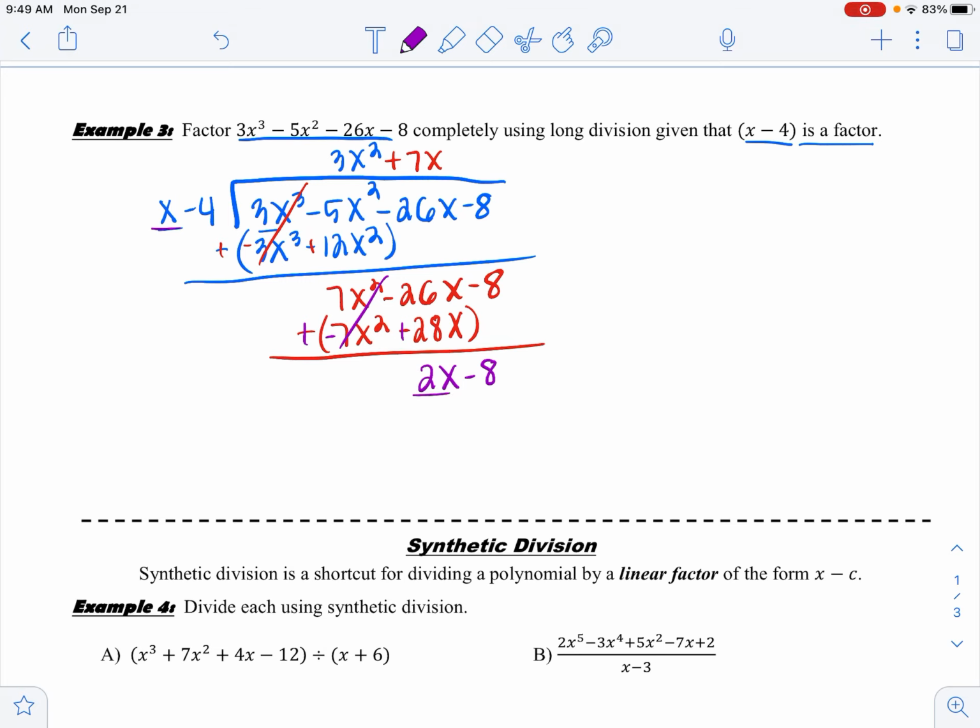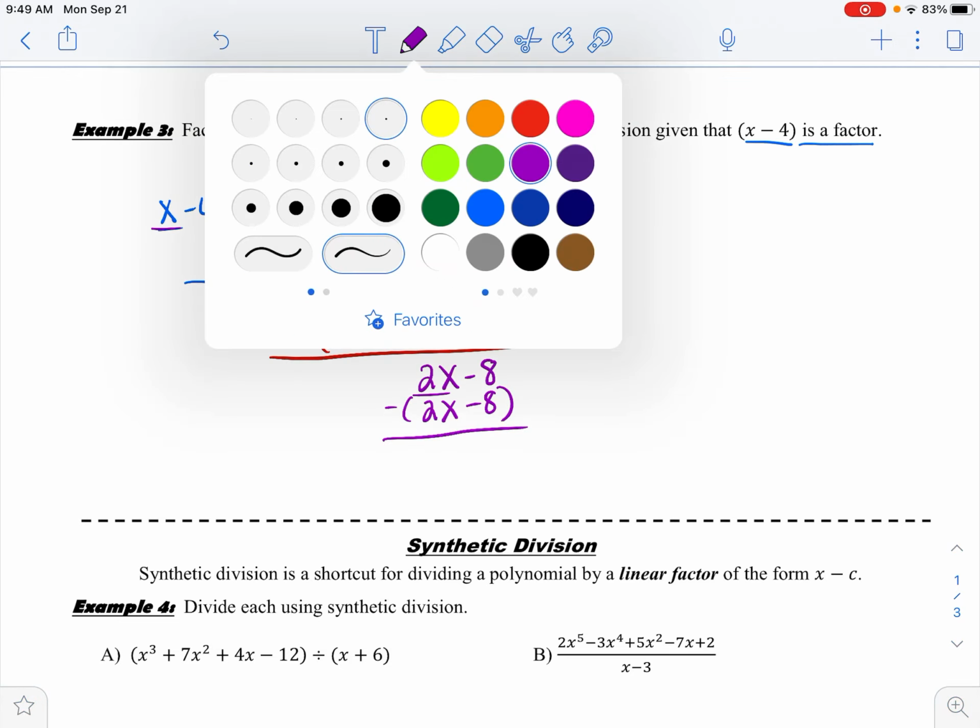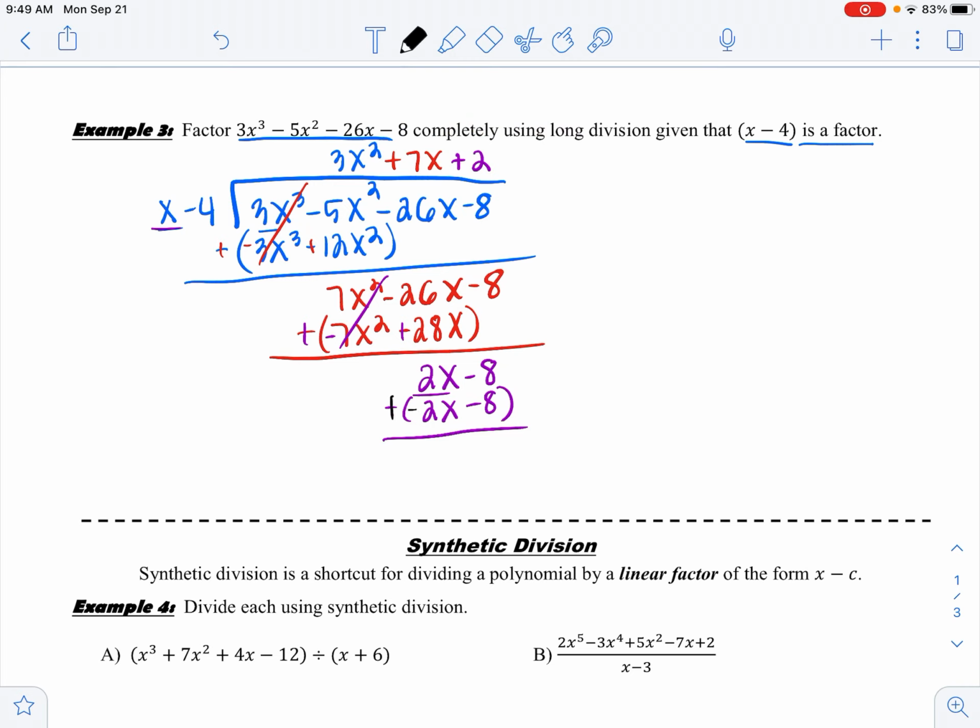What do I multiply an x by to get a 2x? That's 2. Distribute. 2x minus 8. Subtract. I don't like subtraction, so I change. Remainder 0. All right, so my answer is not 3x squared plus 7x plus 2 because the directions don't say